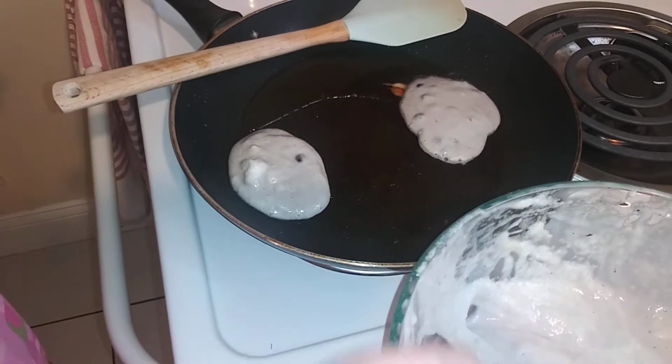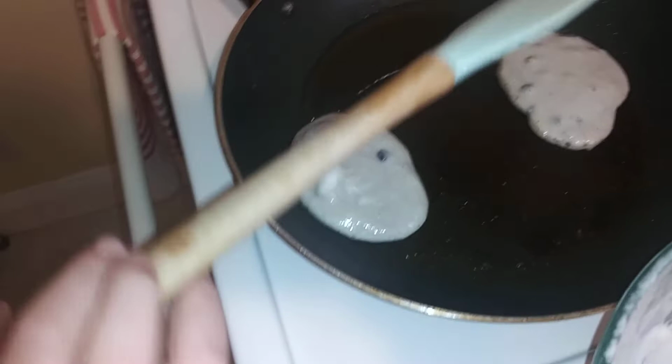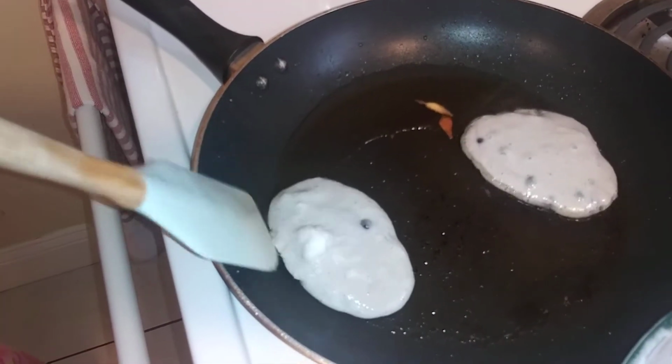Should I make 3 or just 2? Just 2. Yeah, just 2, because I need to flip them later. So just move them around gently, because the stove is hot now. This one I can move. No, not yet. Yeah, move it, but don't turn it yet. I'm not going to turn it until...